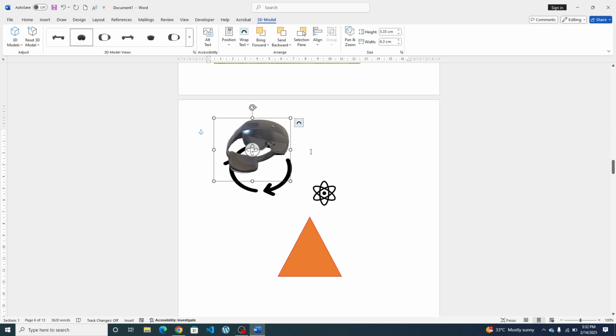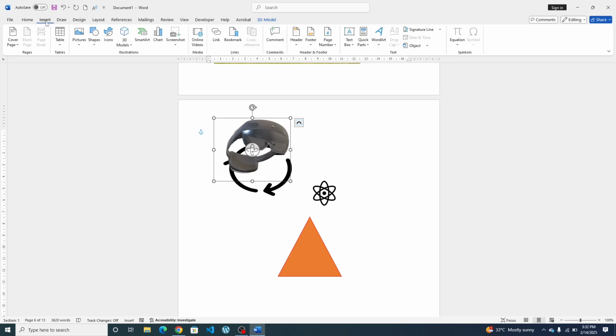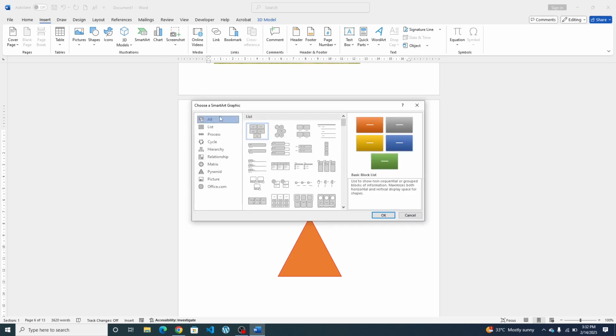And this is how the whole thing looks for inserting the 3D models. Going back to the Insert tab, in addition to inserting pictures, shapes, icons, and 3D models, we can also insert SmartArt to our Word document. If I click on the SmartArt option, it's going to give me a list of SmartArt to choose